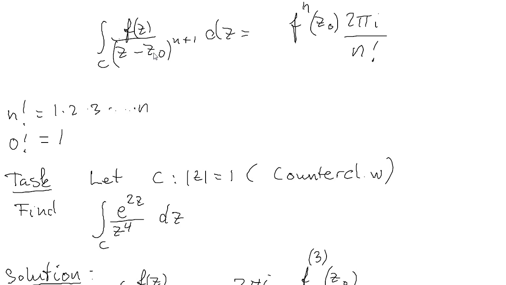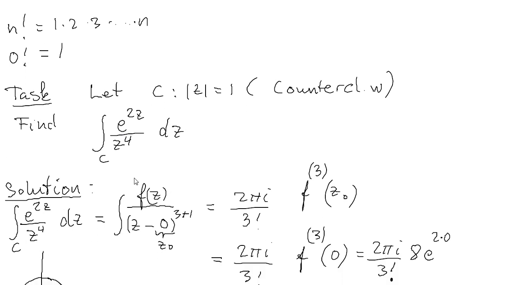So in this case, z0 is assumed to be equal to 0, because making z0 equal to 0, we are able to reformulate this integral in terms of f of z over z minus z0, which in this case is 0, and n is in this case equal to 3, in fact. Sorry, I said 2, but it turns out to be 3, because then we get the power of 4 in the denominator. Okay, so